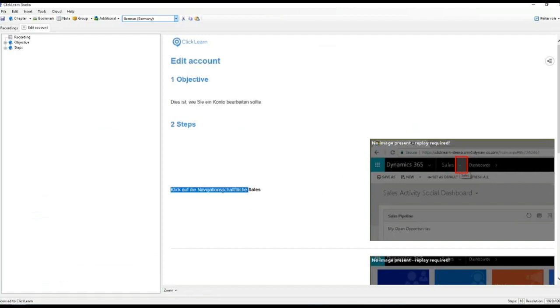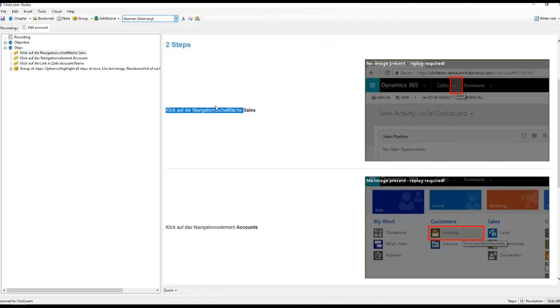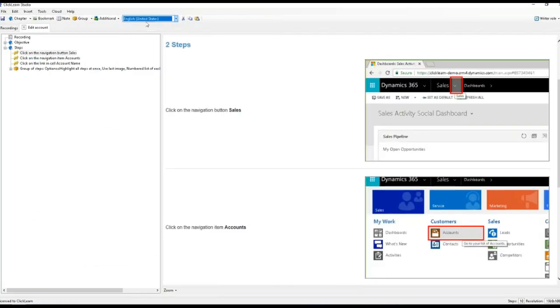Most of our standard instructions have been translated, but something is missing to get it 100% into the German language. Now, ClickLearn can handle this for us, and it is something that can be done very fast and very efficiently. It also gives you an idea about how you can easily maintain, do quality assurance and automated process testing